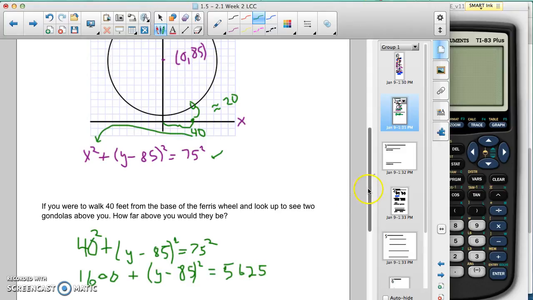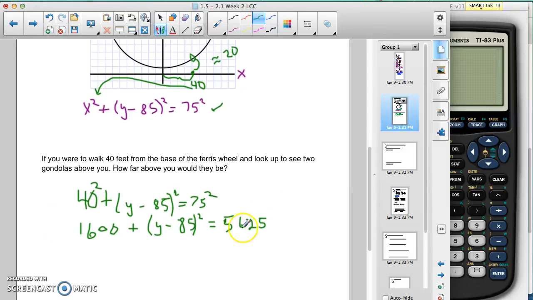Okay, so I'm going to subtract 1600 from this, and I'll get 4,025